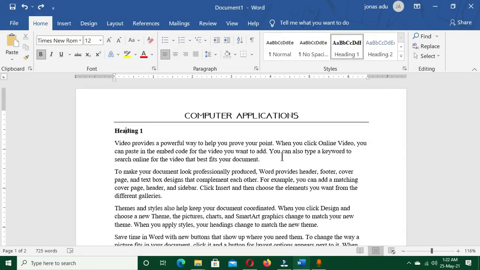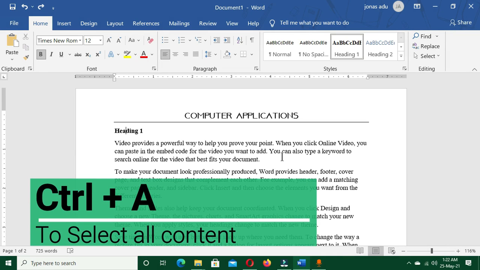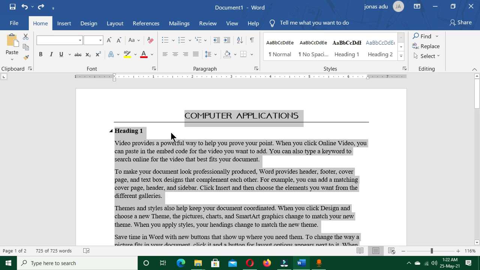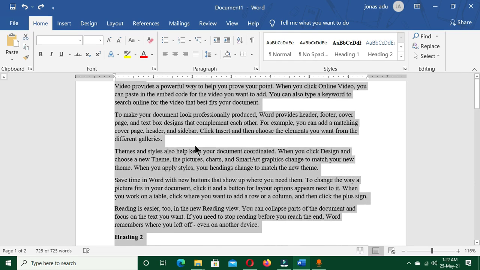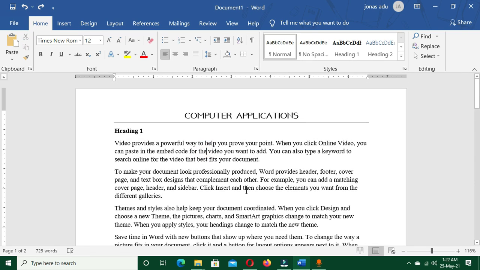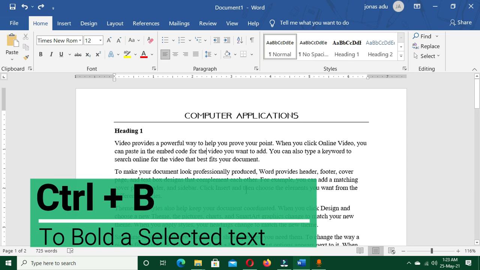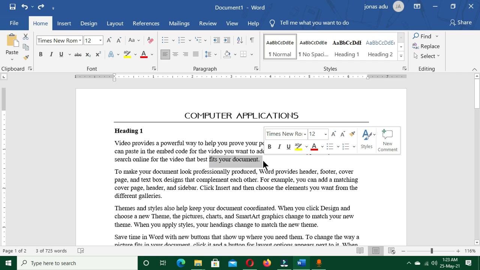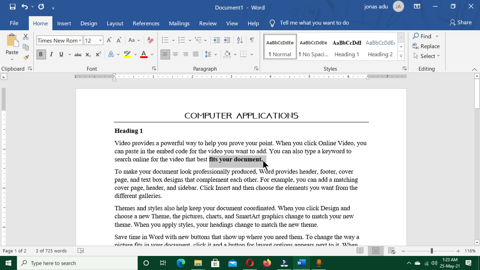The first keyboard shortcut key is Ctrl+A, and this is used to select or highlight all content or items in a Word document. And you can see the effect here. The next one is Ctrl+B, and this is used to bold a selected text in Microsoft Word application. So when I select this text and I hold Ctrl+B, this is going to bold the selection in this particular